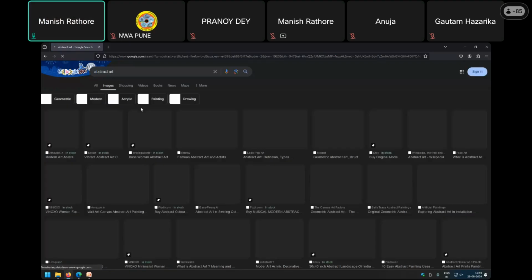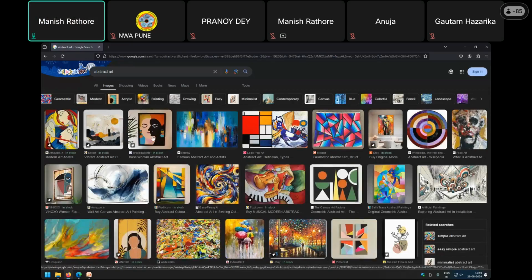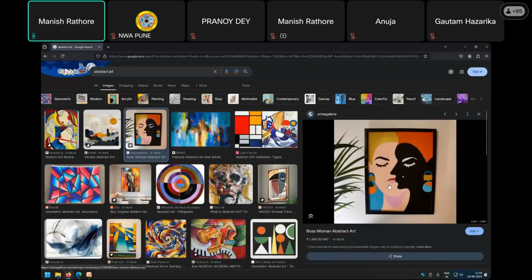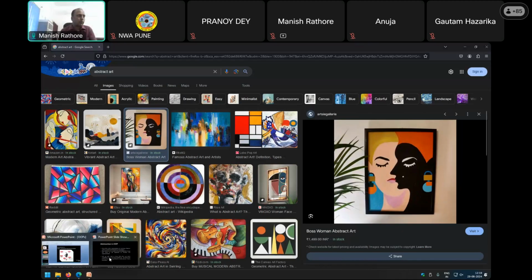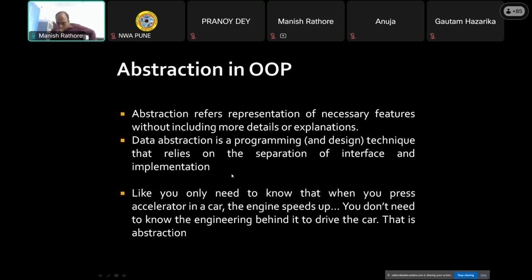सिंपल एब्स्ट्रैक्ट आर्ट भी अगर हम देखेंगे, so these are very abstract art. एब्स्ट्रैक्ट में आपको बहुत ज्यादा डिटेलिंग नहीं करनी है, यूजर को बहुत ज्यादा नहीं बताना है कि अंदर क्या चल रहा है, यूजर को बहुत ज्यादा ये नहीं बताना है कि प्रोग्रामिंग अंदर कैलकुलेट कैसे कर रही है, so that user is not overwhelmed with the program. So abstraction is the real power of object oriented programming, जिसमें कि यूजर के पास ज्यादा कंट्रोल होता नहीं है, और यही इसकी